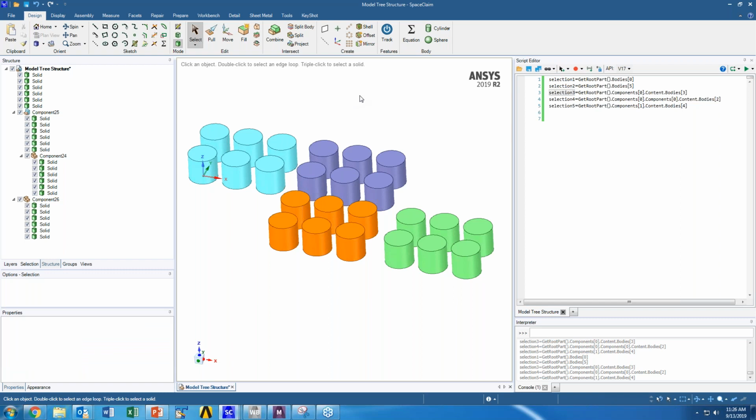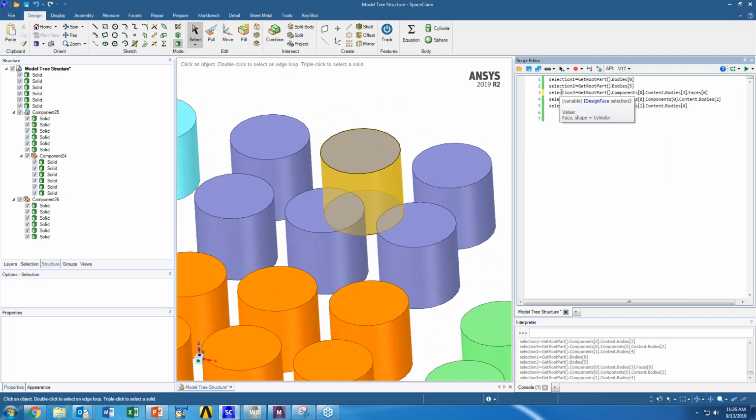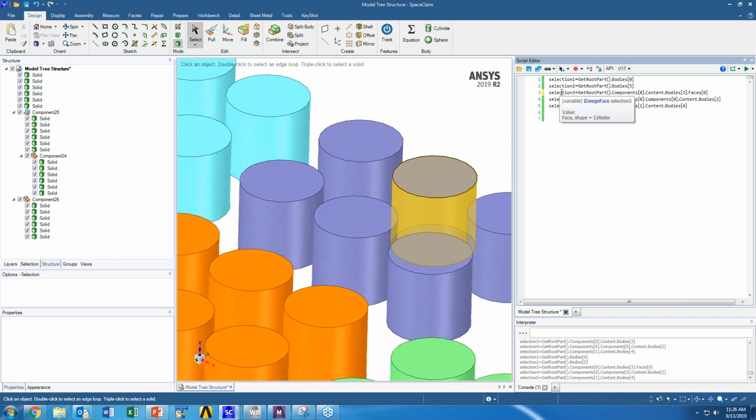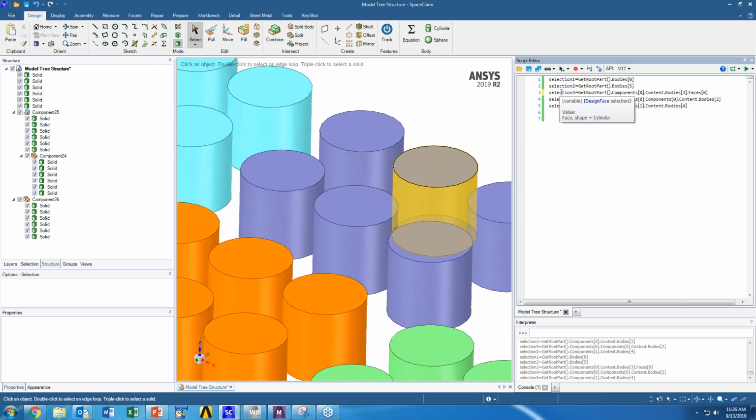If you want to query a face or an edge on the body, then it's just a little further. Then it's going to be dot faces. Let's say I just want 0 for selection 3. Now you can see selection 3 is no longer a body selection.